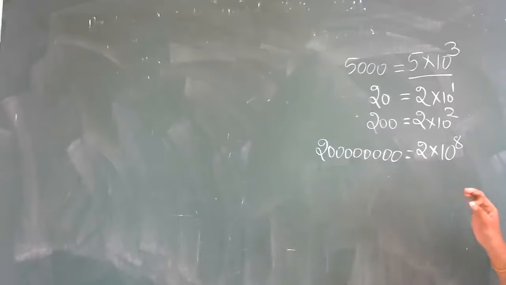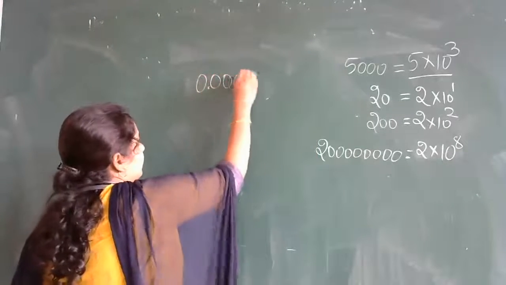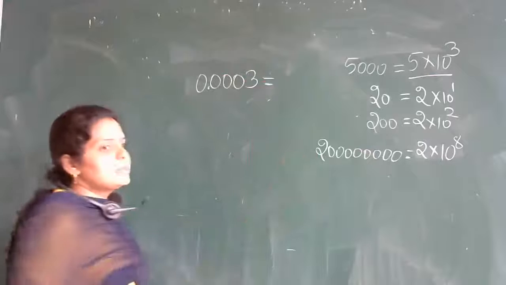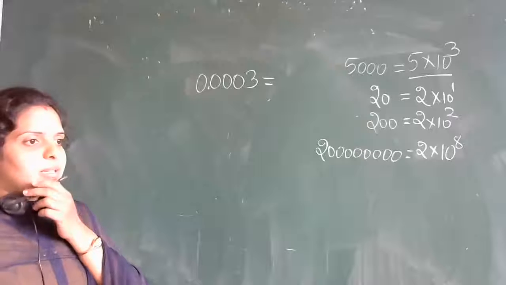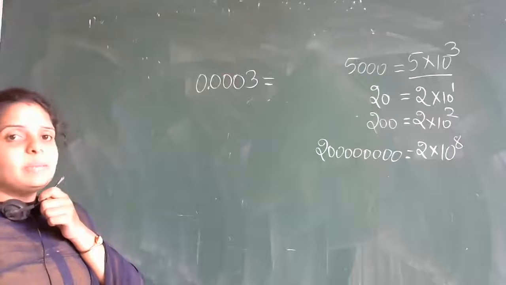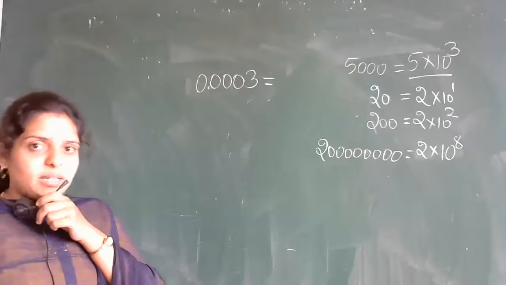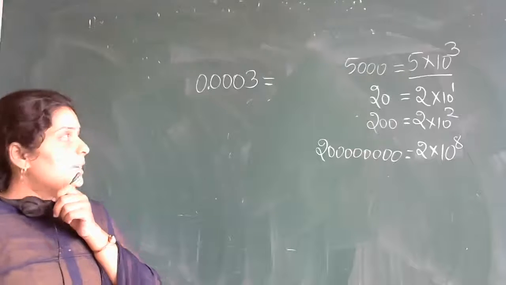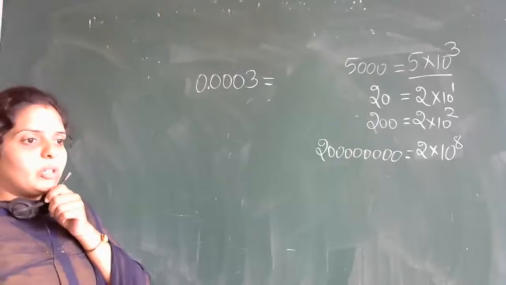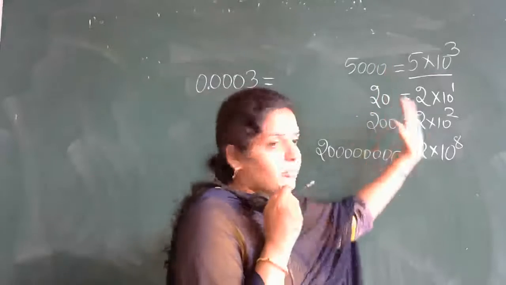Suppose the number is like this, if I have written it in this way. This also can be expressed in terms of scientific notation. Please concentrate properly because this is important in your numerical parts. In your first year and second year, whatever numericals you solve, there you require this. It is very, very important because for the final answer, most of the times in colleges they prefer scientific notation form.